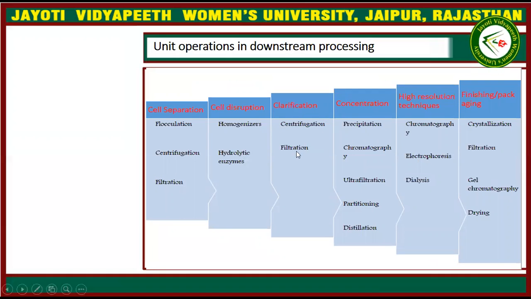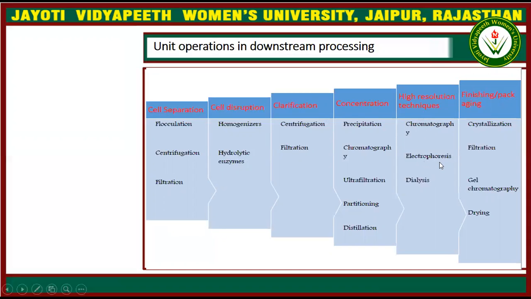Various strategies are used in the separation of intracellular materials: first the cells are separated, then the cells are disrupted, then the disrupted cells are clarified using centrifugation and filtration, and the clarified material is concentrated using precipitation, chromatography, ultrafiltration, partitioning, and distillation, and the concentrated material is then purified using high resolution techniques of